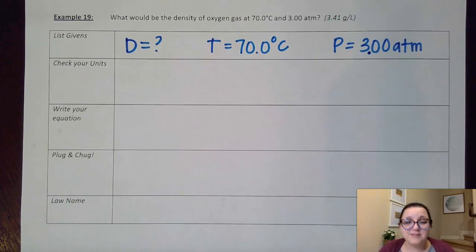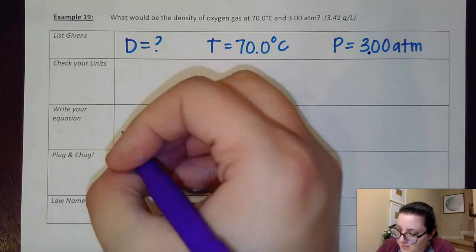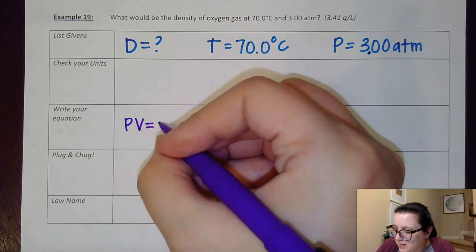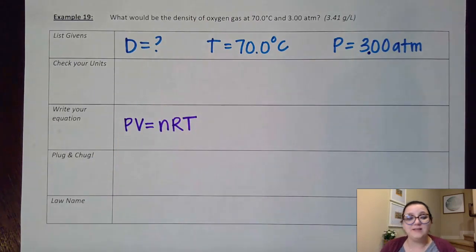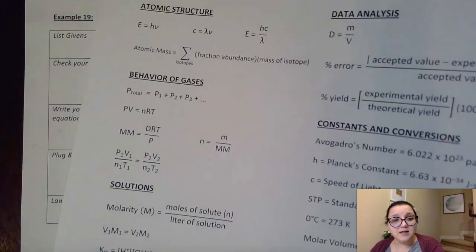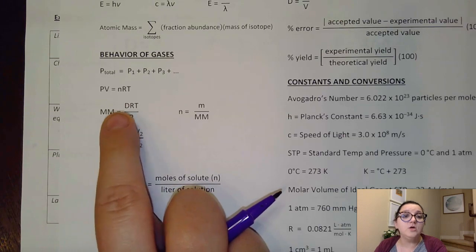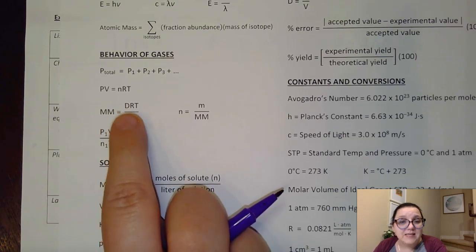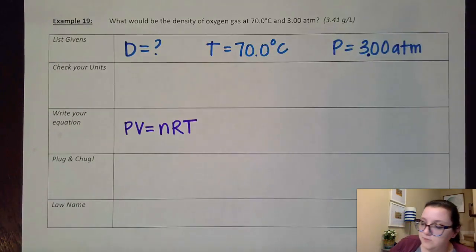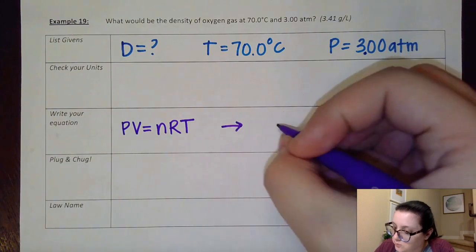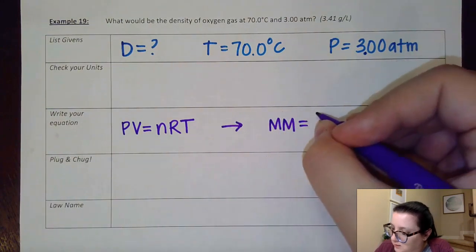All right, so next, let's kind of think about what equation we might use to solve this. Well, obviously I have one set of conditions here, and so I'm thinking, well, PV = nRT sounds like that would be a good option, but here's the problem. PV = nRT itself does not have density in it. And I'm thinking, well, maybe there's a different version or a substituted version I could use. And in fact, as a reminder, our alternate version is this guy right here. Molar mass equals dRT over P. So that D is our density. So instead of using PV = nRT, I'm going to instead use molar mass equals dRT